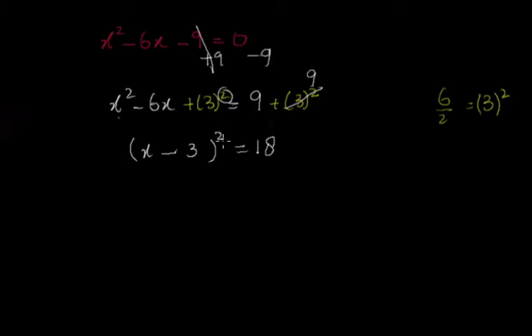And now for removing the square, we take the square root on both sides. So this square cancels with this square root and it becomes x minus 3, and the right hand side is the square root of 18 with positive and negative sign. Now we isolate the value of x, so we move this term to this side, so it becomes